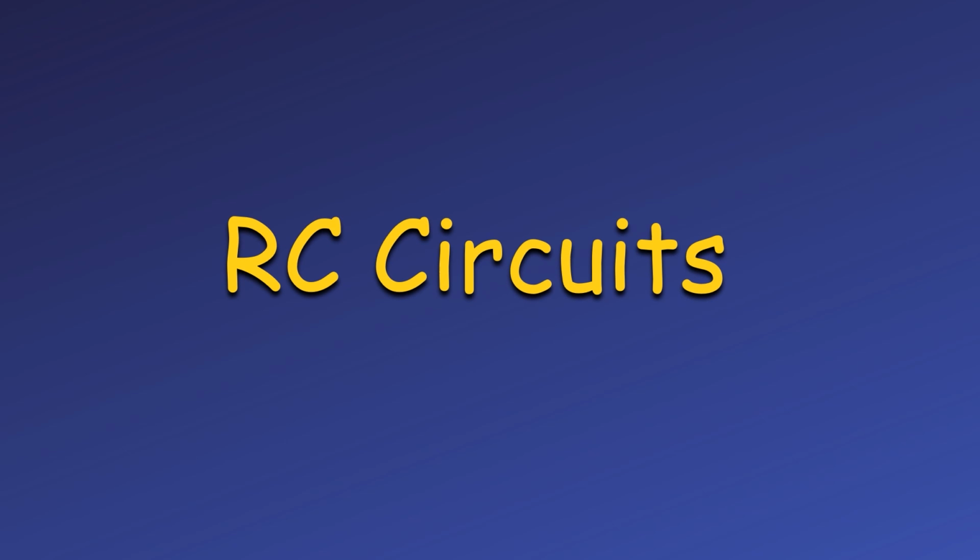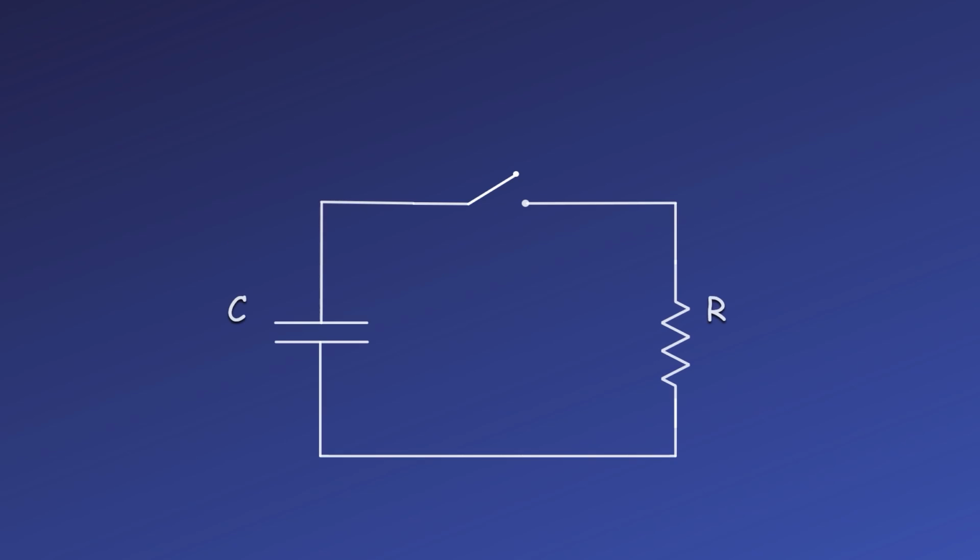In this video, we'll be looking at circuits with both resistors and capacitors, which are often called RC circuits. We'll begin by taking a charged capacitor that is in series with a resistor. We'll have a switch in our circuit so that the charge will not be able to flow until we close